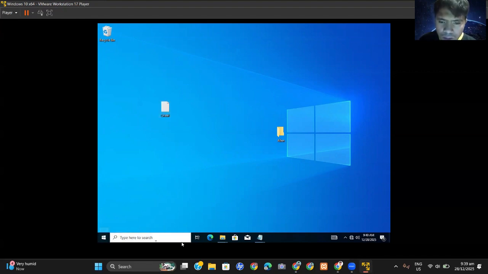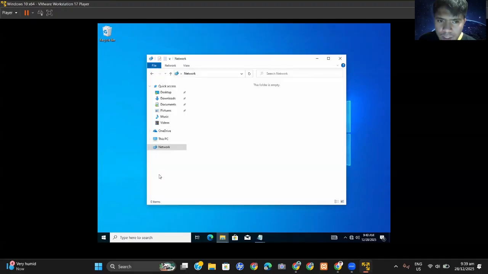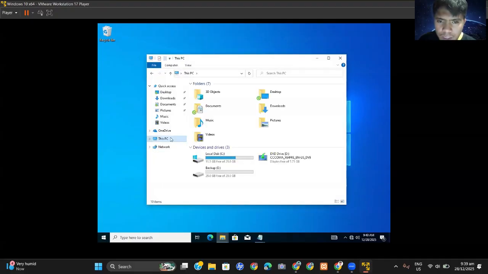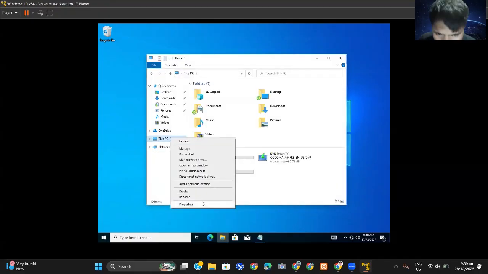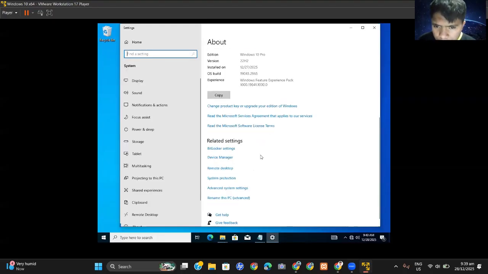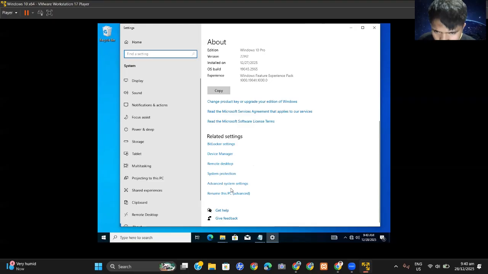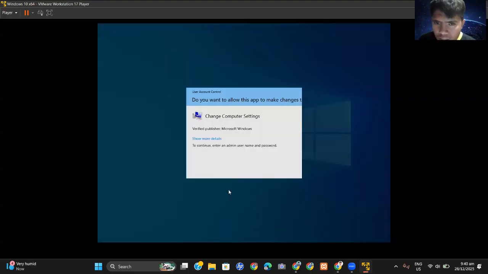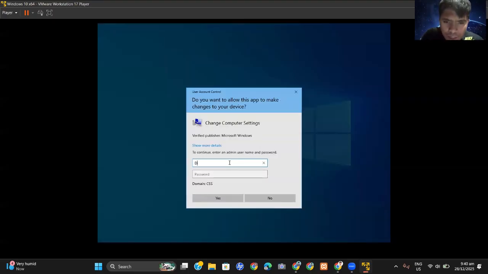So we need to go to this PC again, then right click, properties. So we need to rename this PC in advance. Then type the password of the server.